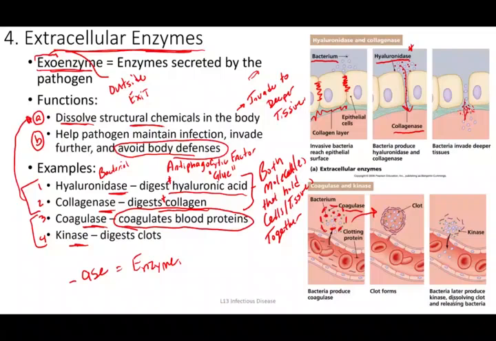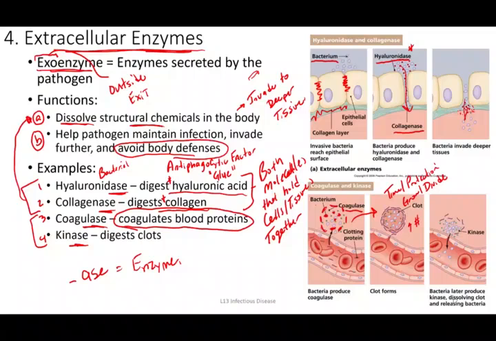And so while there is a process to remove clots over time, they're not removed immediately, but it takes some time. And so that gives some time and some protection where the bacteria can grow and divide basically undisturbed from the immune system. And so the bacteria can increase in number over time, basically, again, hiding from the immune system. So this is an enzyme, an exoenzyme, that allows for an anti-phagocytic factor effect because it allows the bacteria to hide.